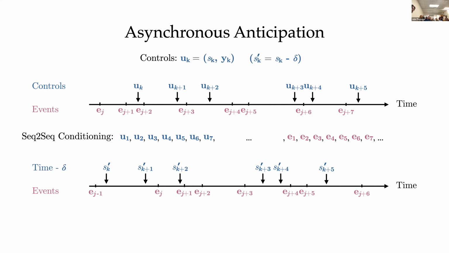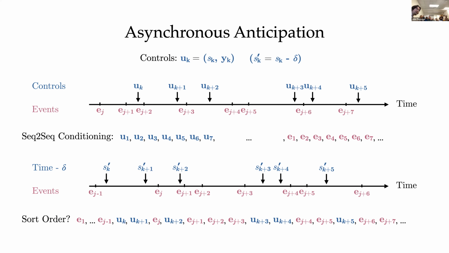So what's the natural generalization of this anticipation idea when I have these asynchronous sequences with this time variable? Well, the first thing that comes to mind is, let's just take these controls and treat them as if they were events, but delta seconds earlier, and then sort them into the event sequence at whatever time they appear, but delta seconds early. It seems like a natural idea. This is the first thing I tried, and it doesn't work. This is completely broken in ways that scale can't solve. It's just fundamentally busted. Does anyone have any intuitions about why this is busted?